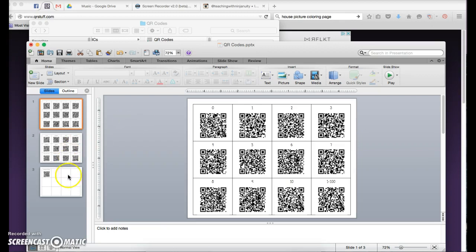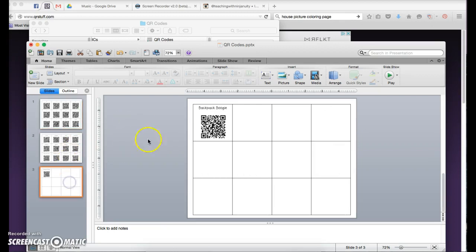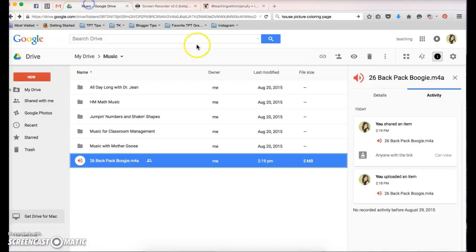One other thing I wanted to mention was that when you do read this, at least with the QR code reader that I have on my iPad, I will scan it and it will come up to a web page, and it will have a picture almost like the pause button and then the duration bar, and if you try to click play there, it won't work. So you'll need to go up to the top of that, and you'll see, just like when you go to Google Drive or anything, if you open,